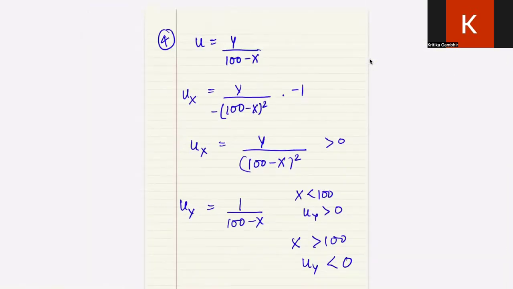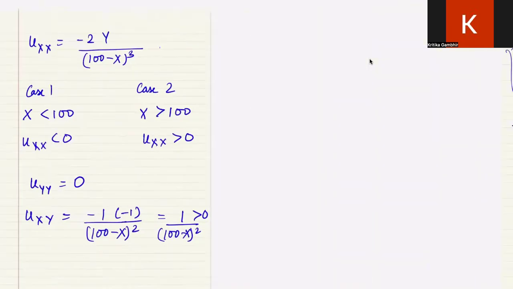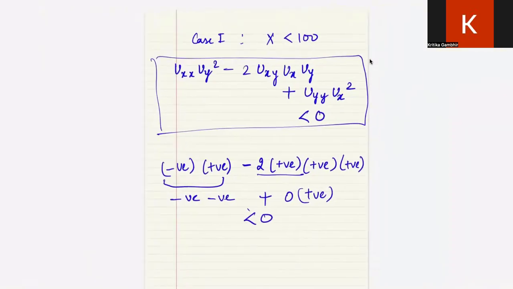quasi-concave. But the only caveat is that I can use this condition only when both x and y are goods. So are they goods? See, they are goods when this condition is holding true, right? Your good y turns out to be a bad when x is greater than 100. So under case 1, everything is fine. This IC is downward sloping as well क्योंकि तुम्हारा MUX और MUY भी positive है, downward sloping